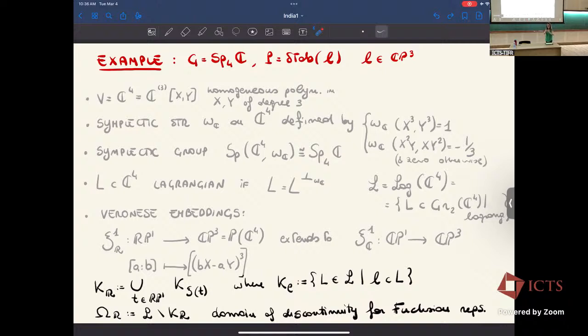So what you are doing is that you have this limit curve in CP3, and you remove all the Lagrangians that contain one of these lines. So you remove all Lagrangians that contain a line that is associated to a polynomial with the triple real root for Fuchsian representation. And so the theorem is that the complement of this thickening,